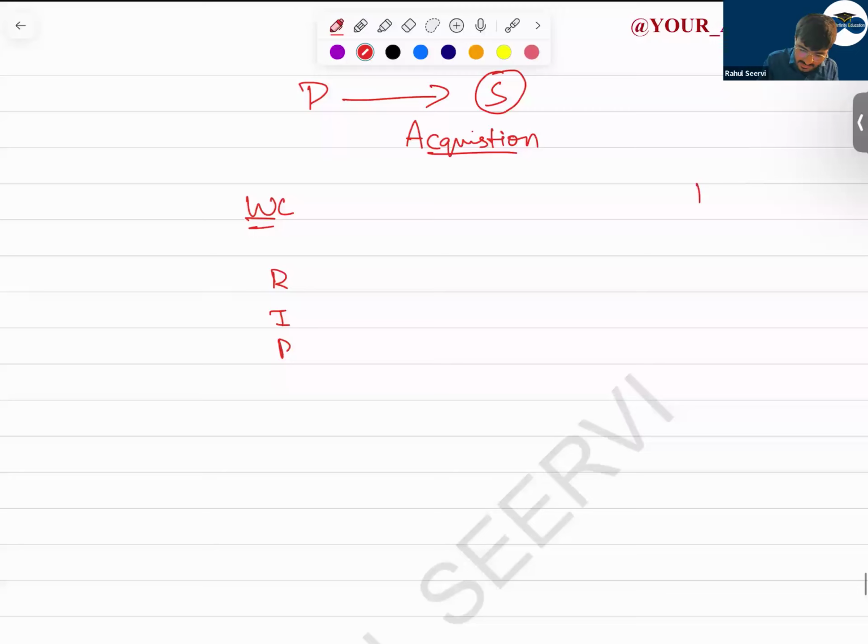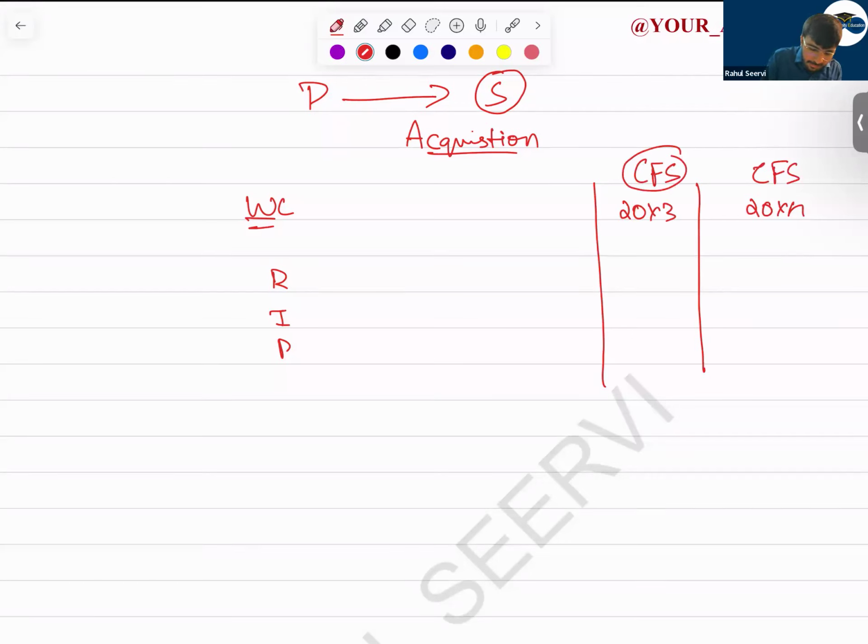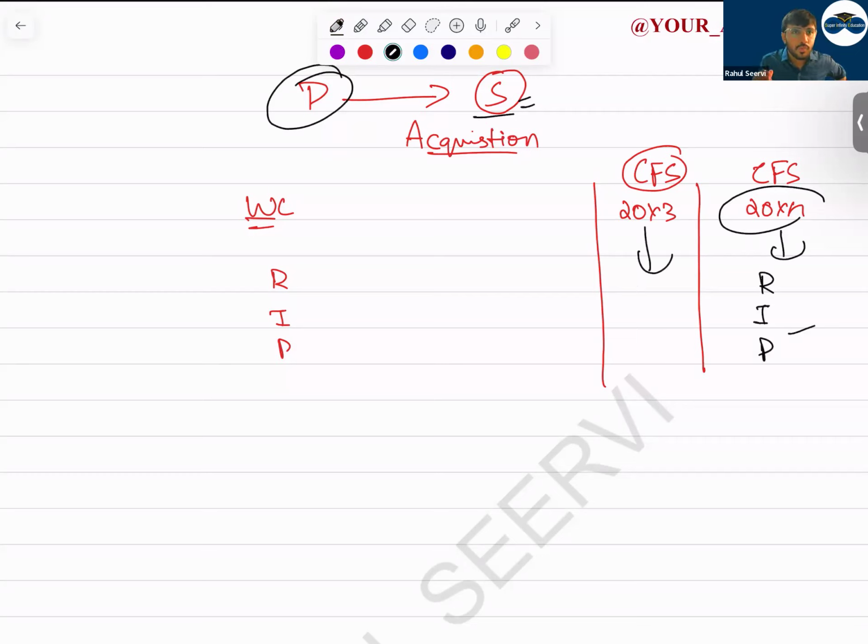Can I say this is the previous year balance sheet, 2000x3, 2000x4? Which one? Consolidated financial statement. Now, the parent company acquired the subsidiary company this year. If so, can I say in 2000x4 the receivable, inventory, and payable will be included regarding the subsidiary company? But will the subsidiary's balance be included in the previous year? No, it will not be included.